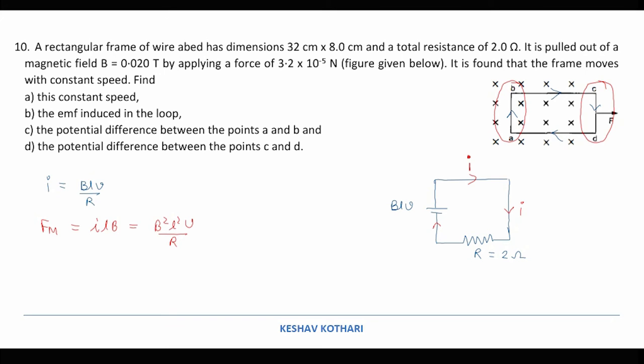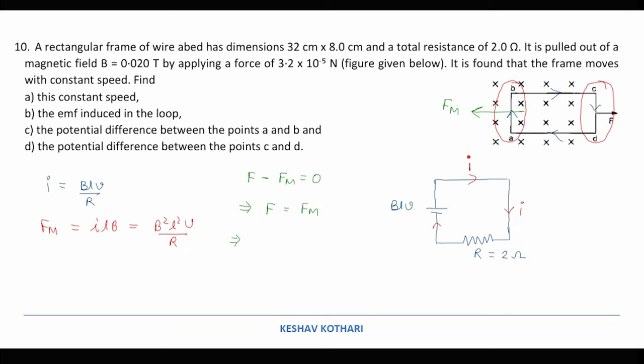The direction of this magnetic force can be calculated using the left hand rule. So it is opposing the applied force F. Now in order to move with a constant velocity, it is needed that the applied force F and the magnetic force produce no net force, and hence I can write that the applied force is equal to magnetic force, and from here we can calculate the value of velocity.